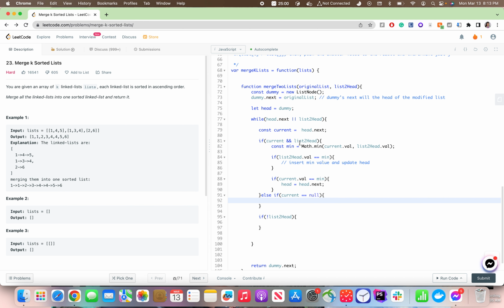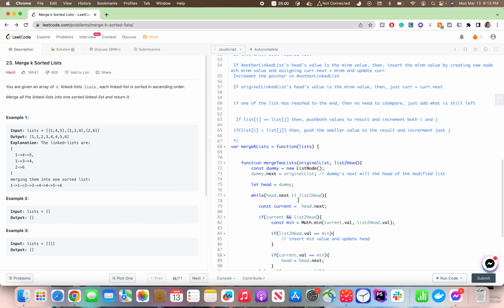So if both are present but if current is null, or if this is null, if both are present then this is fine, right? But if one of them is null, if current is equal to null, then I'll do this. Otherwise, if one of them is null,